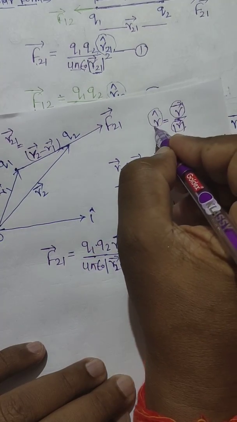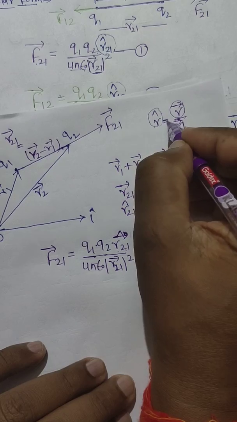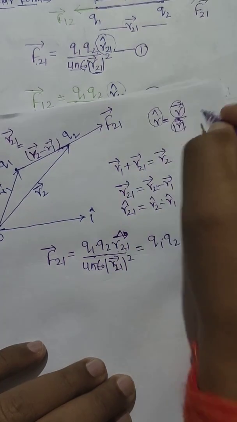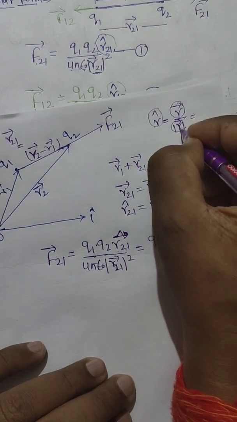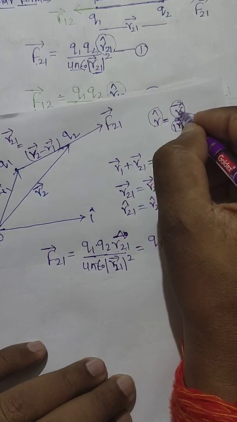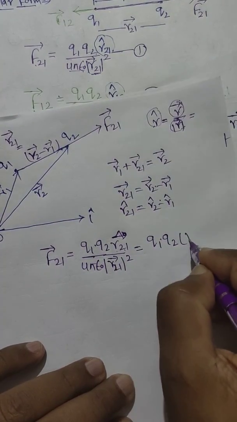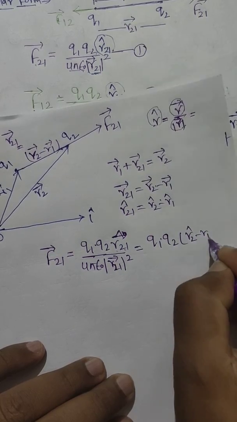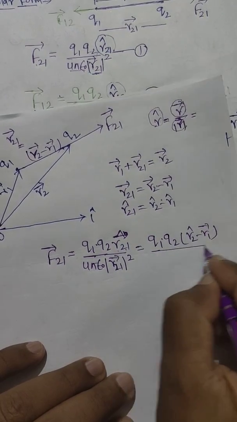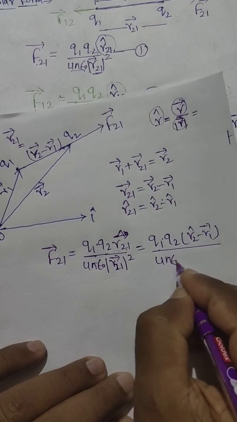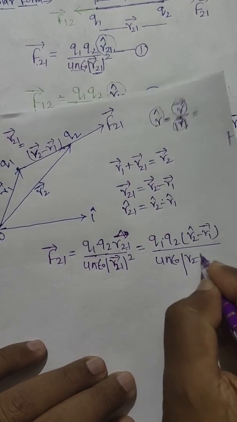That means a unit vector is defined as that type of vector which has unit magnitude. When the magnitude of R is unity, we can say R vector is equal to R cap. So Q1 Q2 times R2 cap minus R1 cap upon 4 pi epsilon 0 R2 minus R1